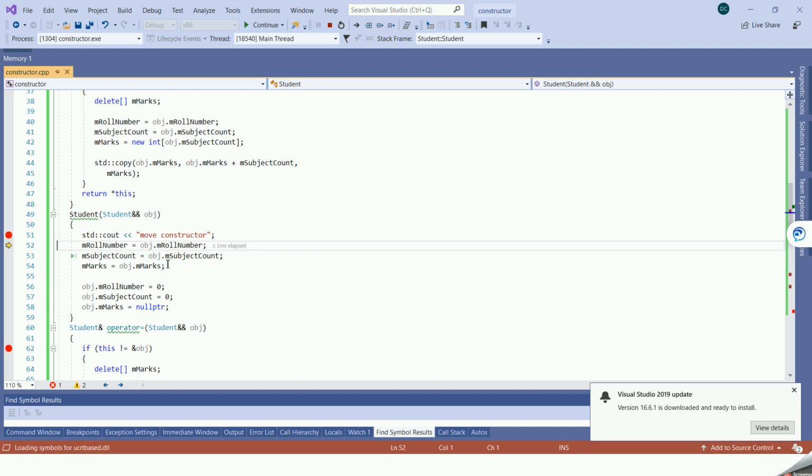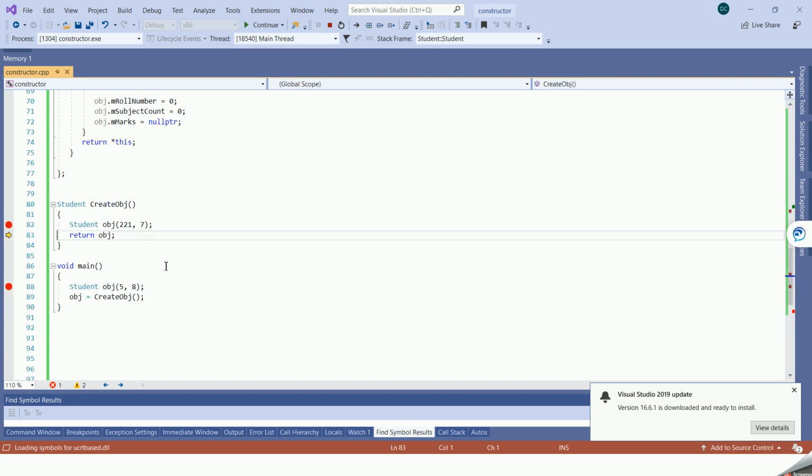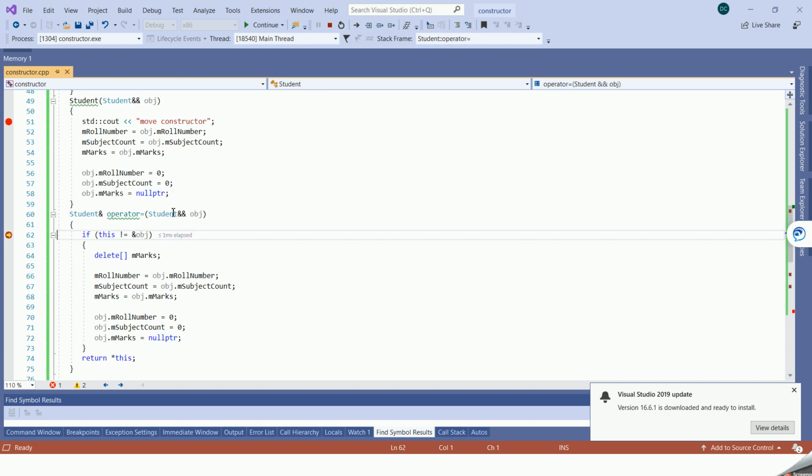So here we are not allocating the extra memory, and we are directly copying the object, and next one more object will be created. So at that time when this assignment happens, you can say this move assignment operator is getting called. So you can say this is move assignment. Here also we are not creating any extra object, directly we are pointing to the already existing memory.